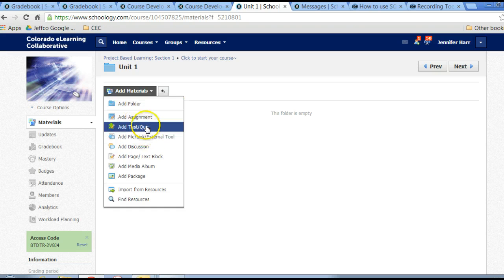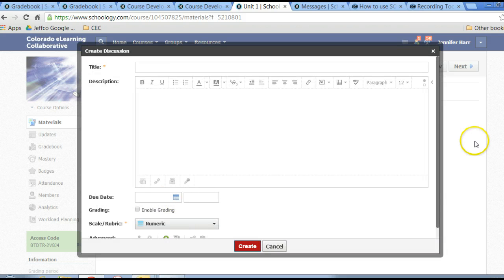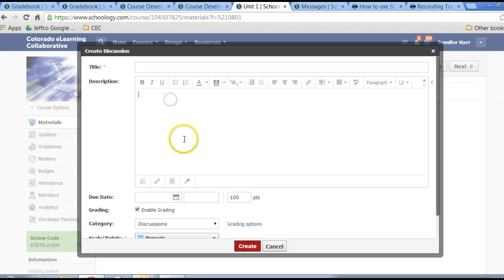Now if you were to add, let's say a discussion, if you had not set up your grading before, you would not be able to do this enable grading. And what you're going to do is, enable grading, you're going to make it your discussion. And then it links automatically all the discussions together. It shows under the files discussions, it goes right into the gradebook, and it's in your unit. So that's how you set those up, and you'll set your points and everything in accordance right here,